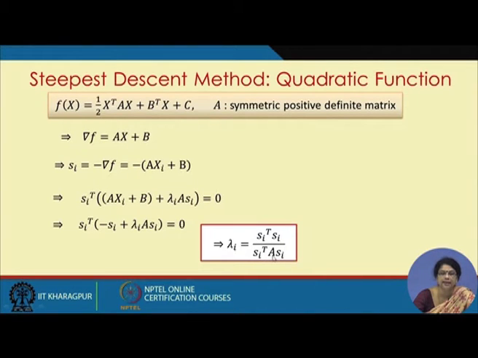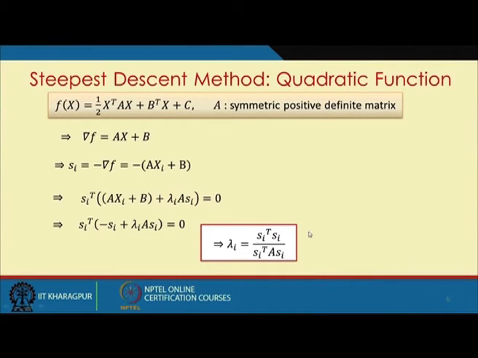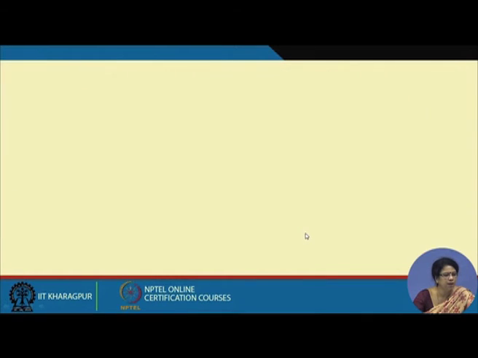A is the positive definite, symmetric matrix I was referring to for that quadratic function. That is why we need not formulate the optimization problem I showed you in the last class to find the optimal step length. We will simply calculate this formula and we will get the solution. Now, for this